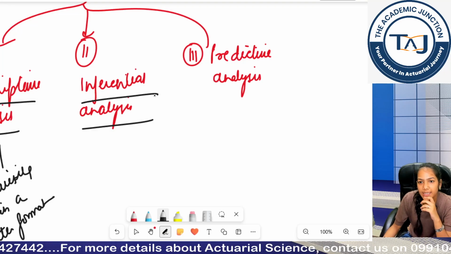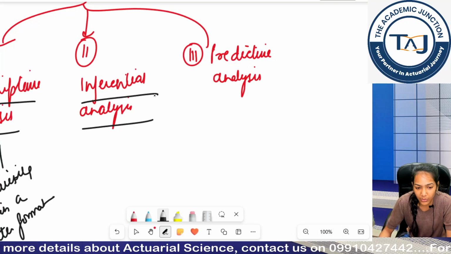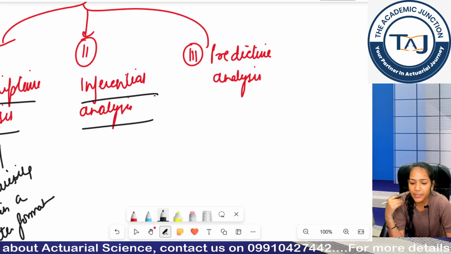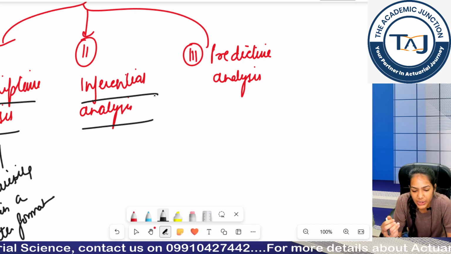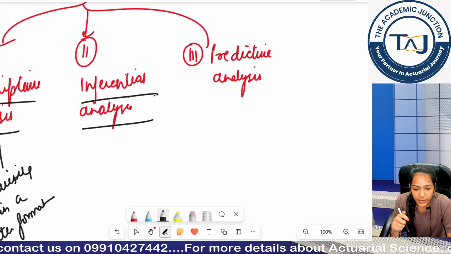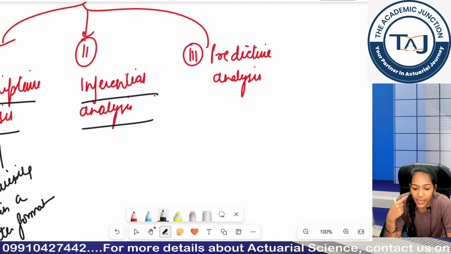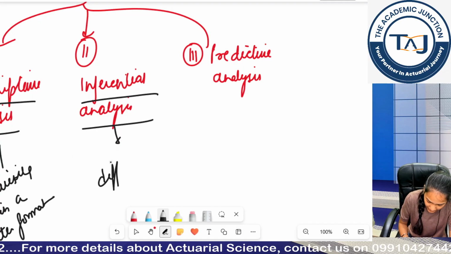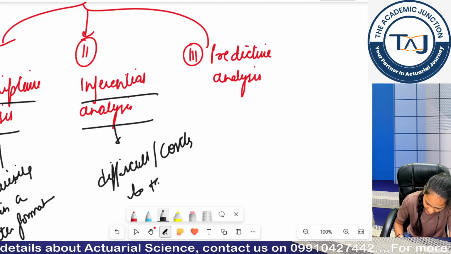Now, coming back to our inferential analysis. For example, if I talk about an exit poll during an election, is it possible to take a survey of the entire population? Even if not the entire population of the country, if I am talking about a particular state where elections are going on, is it possible to take the survey of all the people? It is possible, but with a higher time period and higher cost involved. So it is difficult, or costly,